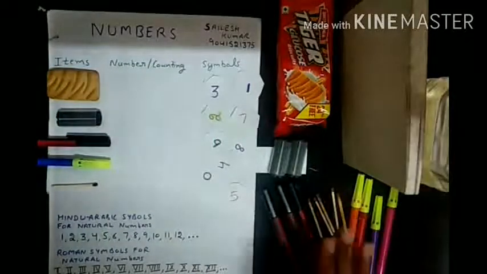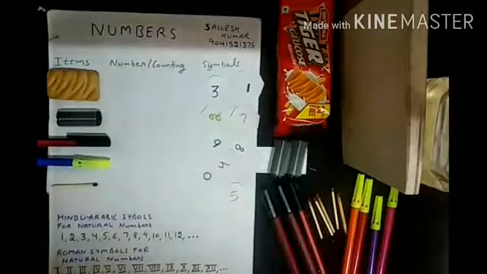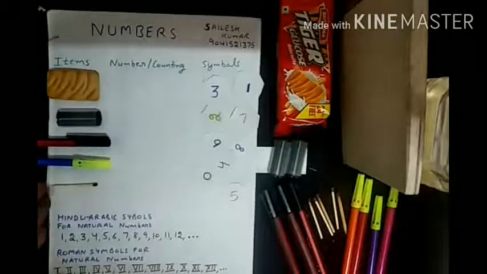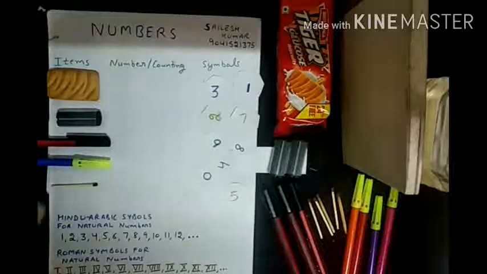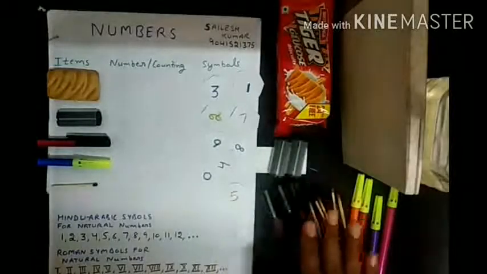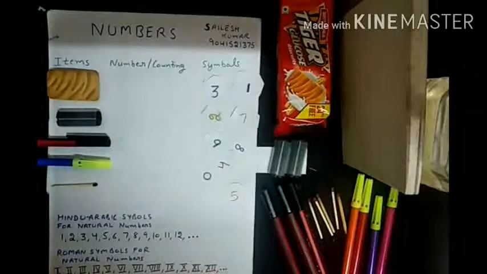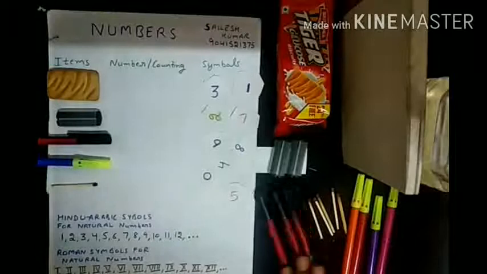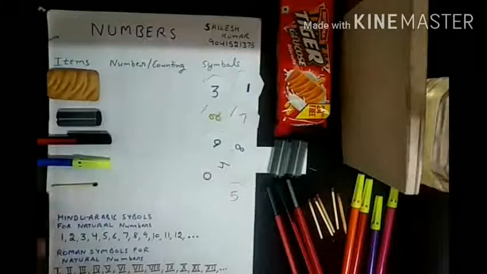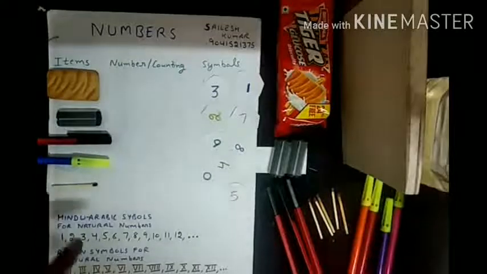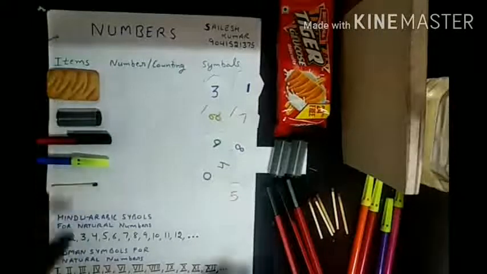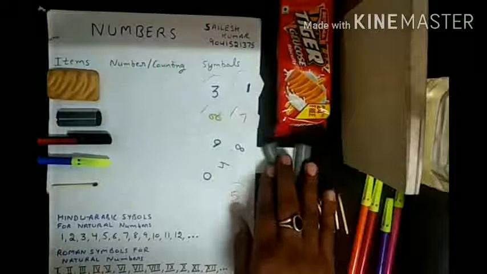On the left hand side I have placed some items, and on the right hand side I have made their collection with the things I have placed on the left hand side. If there is a pen, then there is a collection of ball pens. If there is a sketch, then there is a collection of sketch pens, and if there is a blade, then there is a collection of blades.